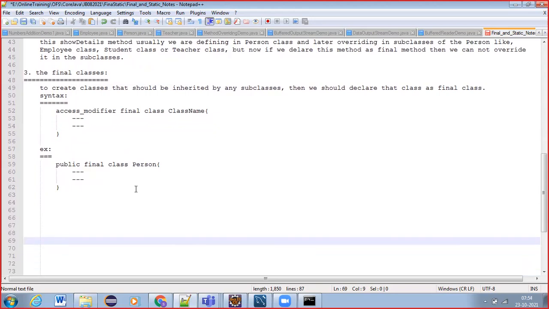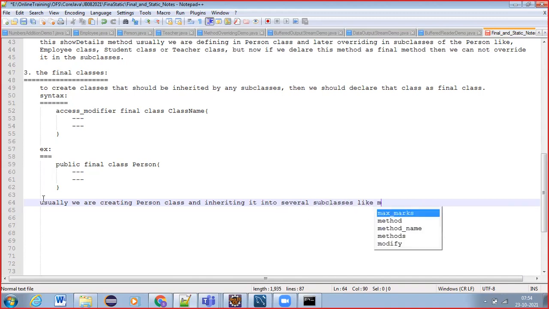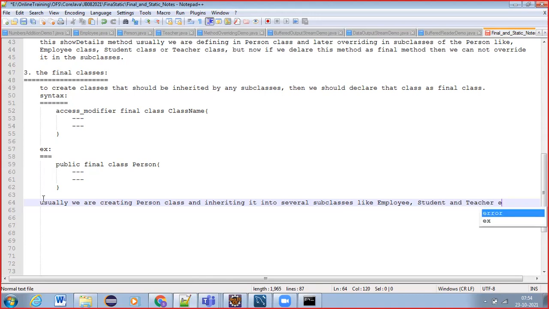Usually we are creating the Person class and inheriting it into several subclasses like Employee, Student, and Teacher, etc. You can write any others also, right?